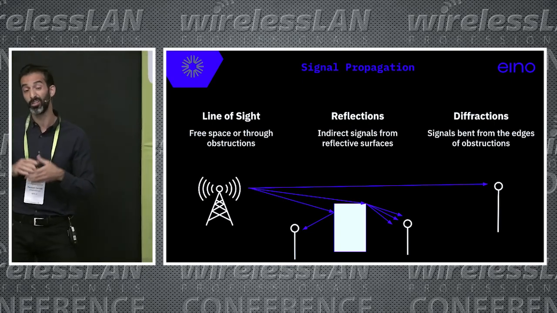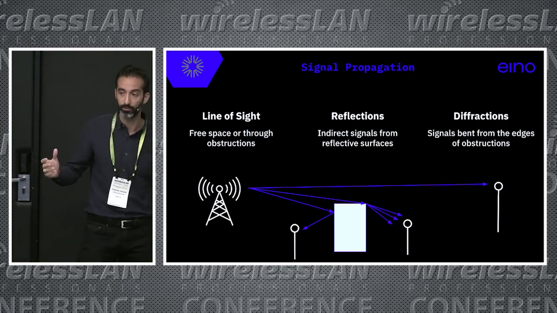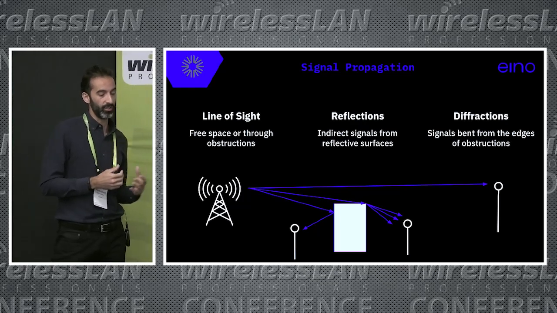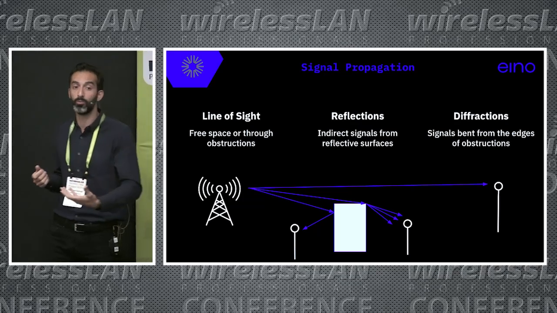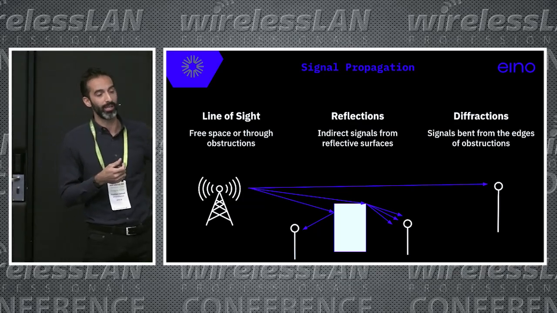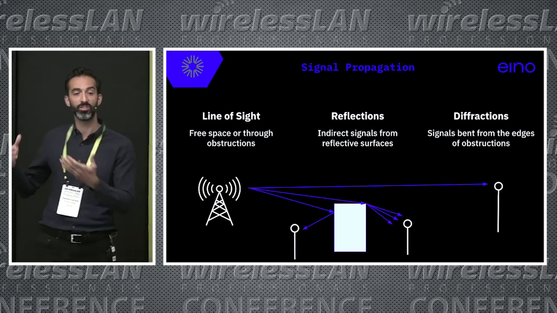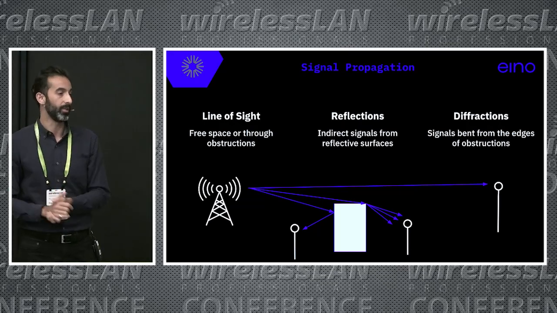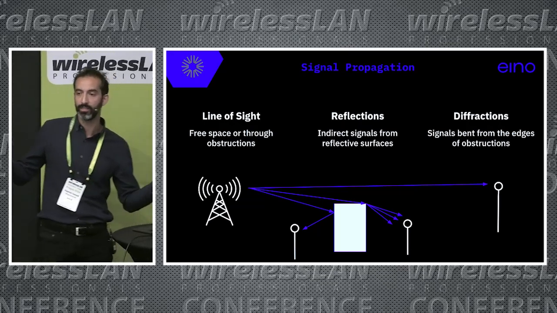If you're outdoor, if you're in a port, and we have a lot of containers that are metal, we're going to have a lot of reflections. Buildings, the same way. There's also a concept of diffraction. Basically, you've seen you get your cell phone, you go behind a building, and your cell phone works, otherwise there's no direct signal. It's because of diffraction. Basically, when the wave reaches the edges, it becomes many other rays, and then it goes down, and based on the angle that you have, and based on the type of material, and the distance,